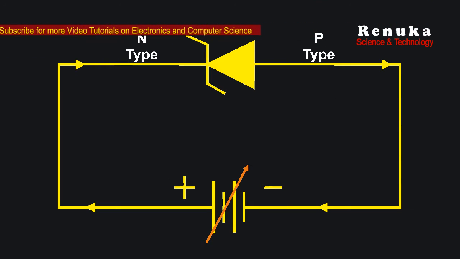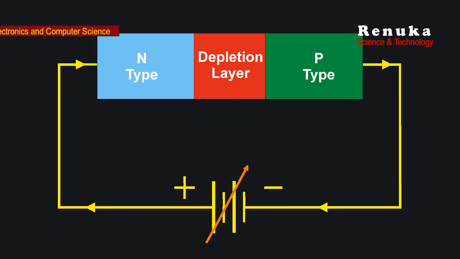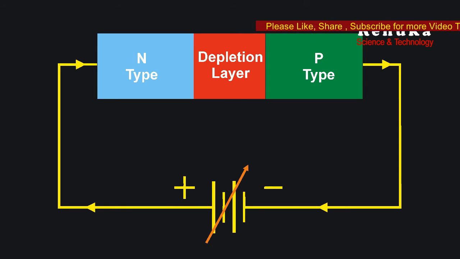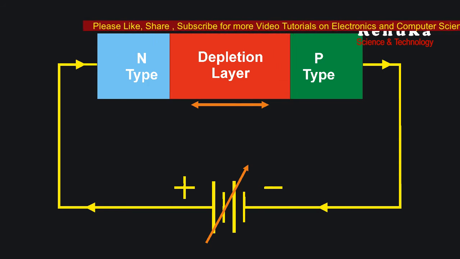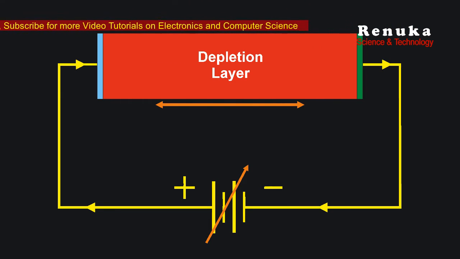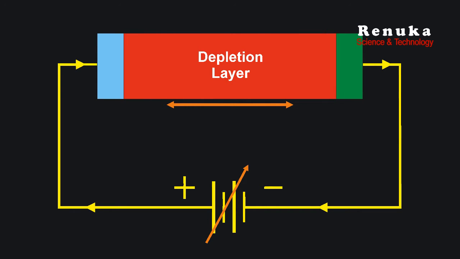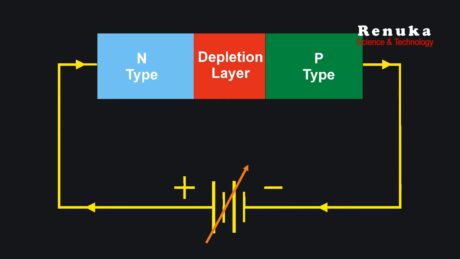When the reverse voltage is applied to a diode, the depletion layer inside the diode will start increasing. That depletion layer has a resistance. So with the applied voltage, this resistance also increases. And when resistance increases, the current can't pass through the diode. Now this depletion layer has some limit when it goes on increasing.